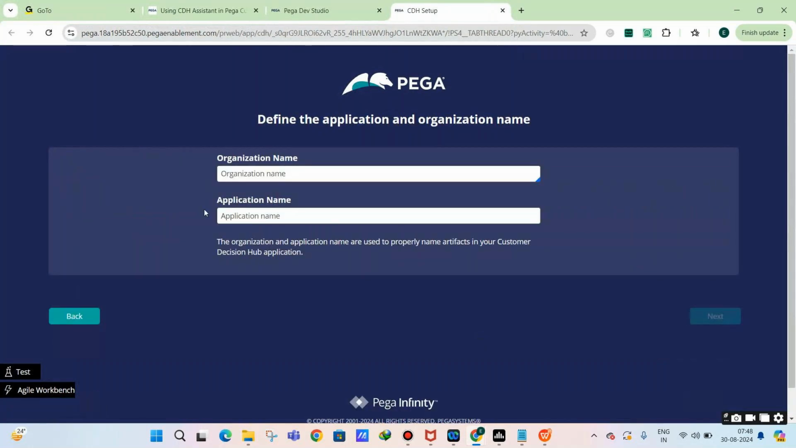Then you need to provide your organization name. For example, in our application we are going to see a banking project. So let us give the organization name as, for example,